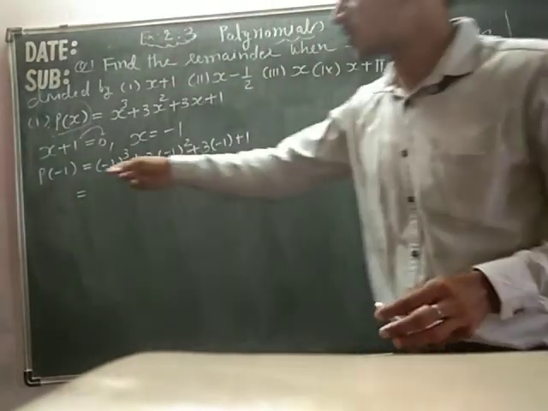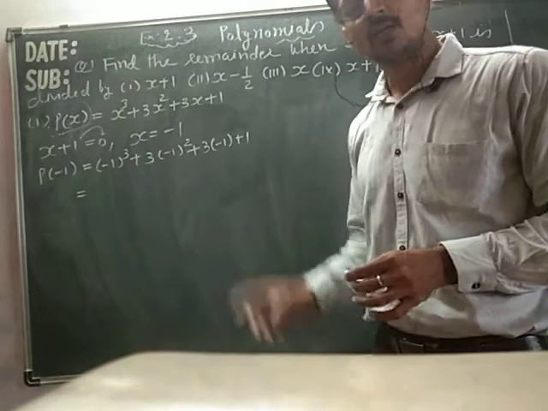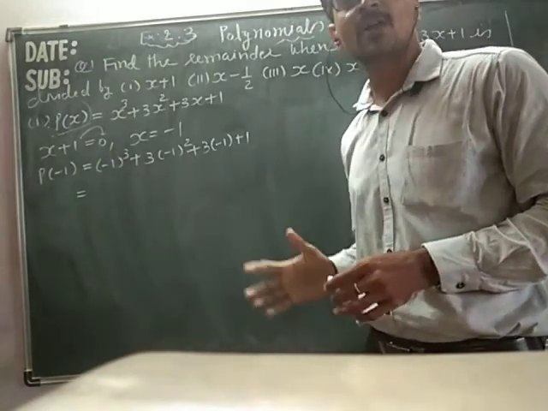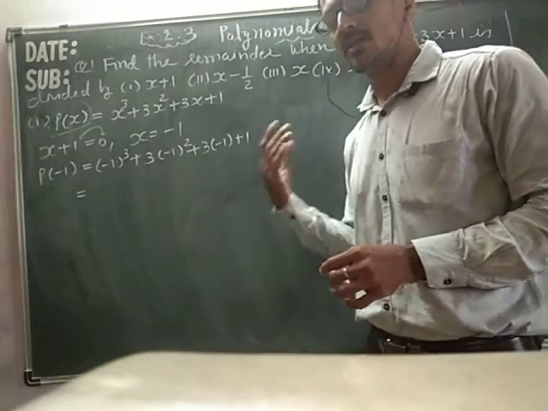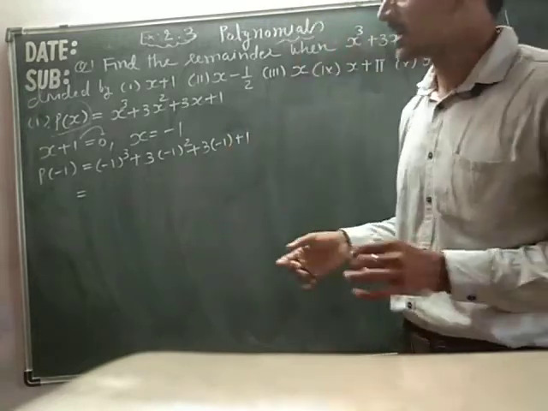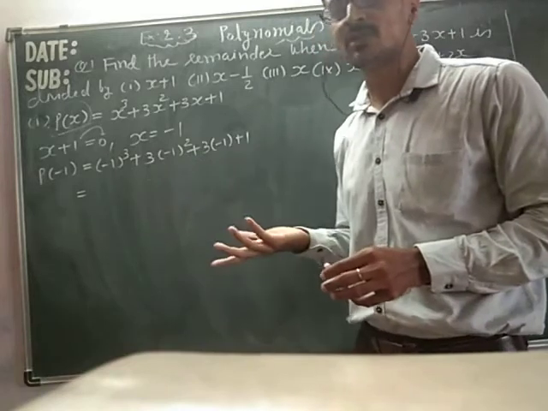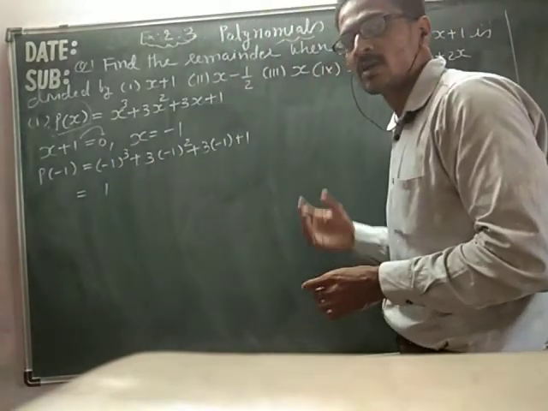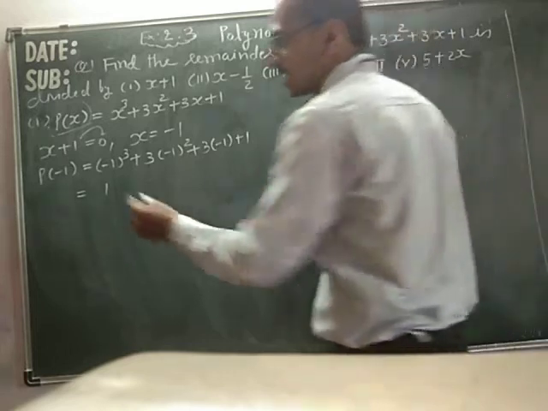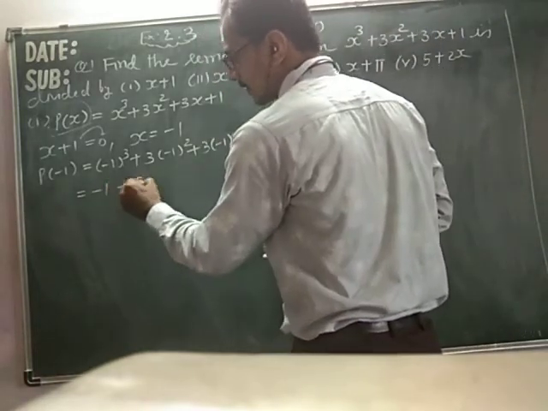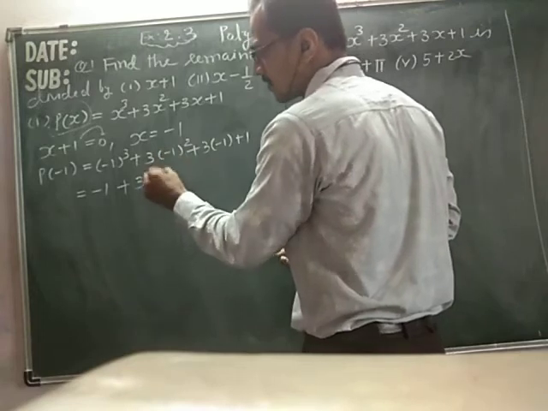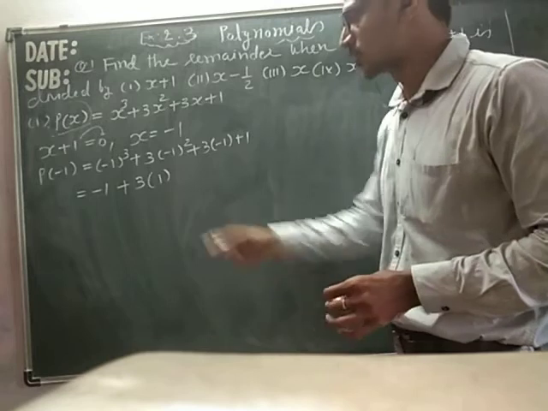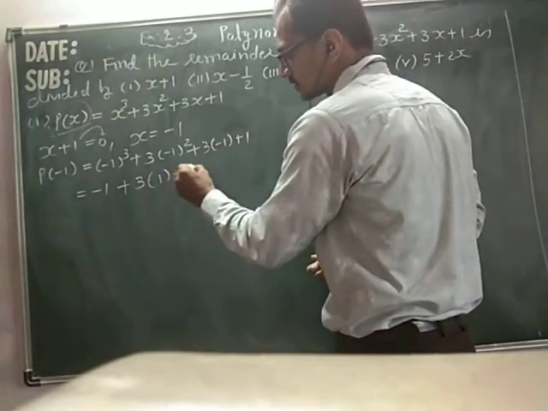Now we will do the cube of minus 1. We know very well that if the power is divisible by 2, then the answer will be positive. If it is not divisible by 2, then the answer will be negative. 3 is not divisible by 2. 1 cube is 1, but 3 is not divisible by 2, meaning 3 does not come in the table of 2. So the answer will be negative. Now here 1 square is 1. Check it out: 2 is divisible by 2, yes, 2 ones are 2. So the answer will be positive.